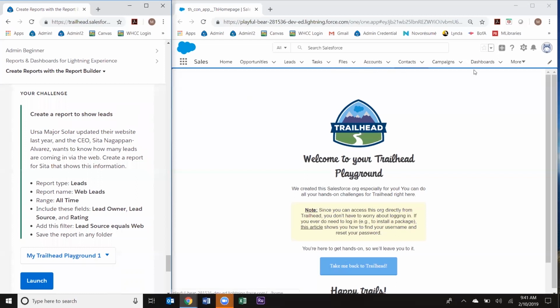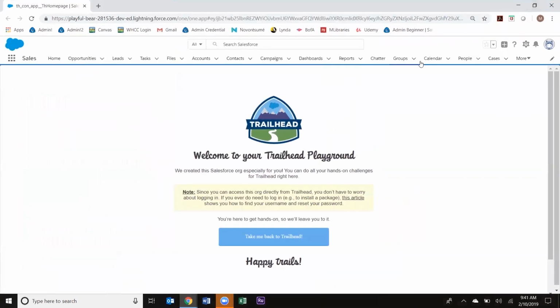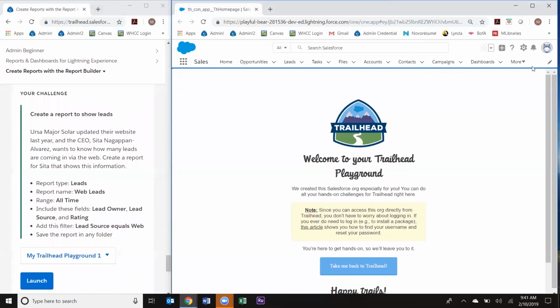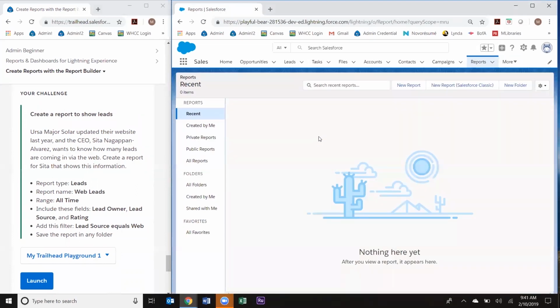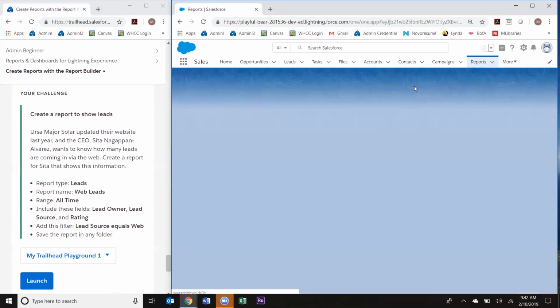So we will start by clicking reports. You'll see here on the right hand side is a drop down for reports if you click on more, and that's because my screen is not full screen. You'll see here what used to be in the more tab was now replaced. Reports was on the top list of options, so they're both the same thing. So access reports and click on new report,